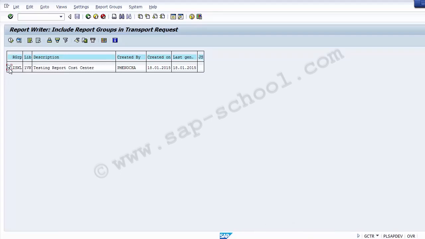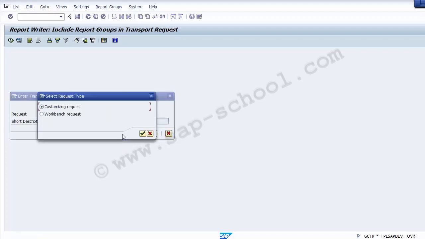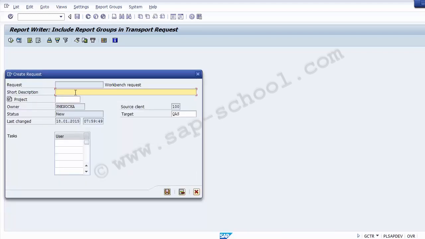Once we have executed this part, select the report over here and now execute. Once executed, you can see that a transport request has been generated on the system, and over here you need to create your own transport request. So you need to go to create request over here, click onto this now and save it in a workbench request. Once you click onto the workbench request, select OK and now put the description to it,